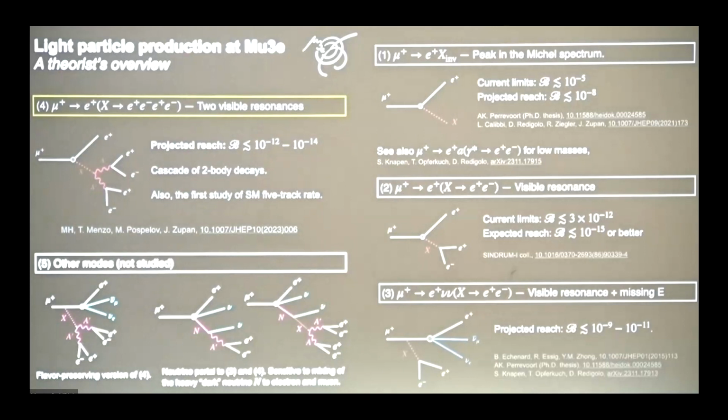And finally, there are some other crazier models and modes to explore. You could imagine doing a 5-track search with missing energy. Again, you don't need charged lepton flavor violation for that. This is, of course, a lot more challenging than the channel we're discussing. And then there are also other visible resonances, whether it be 3 tracks or 5 tracks, through a neutrino portal, where now the situation is very similar to this case and this case, but the kinds of couplings that you'll be probing come from a very different kind of physics. You'll be probing basically the mixing of this heavy neutral lepton with either the electron or the muon flavor. So that's a less explored direction.